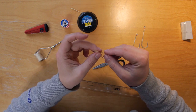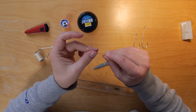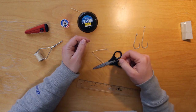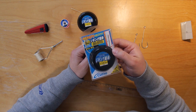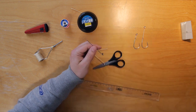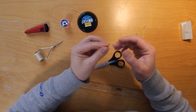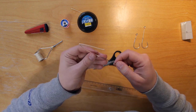Now you fold it like this in half. Now what you do is you take your splicing needle, and what's great with Owner is that there is always a splicing needle attached in every pack of assist braid. That's very nice. So you have it folded in half, and now you make sure your splicing needle is open and you go